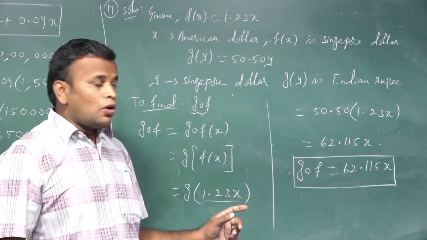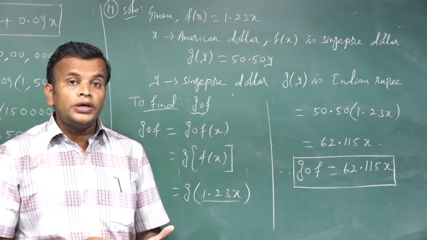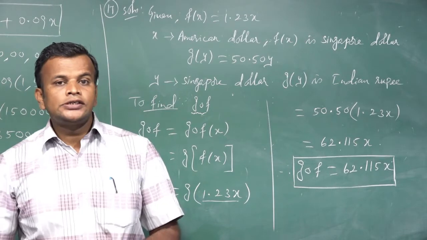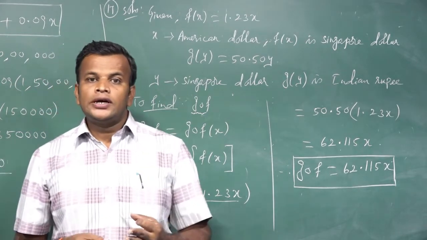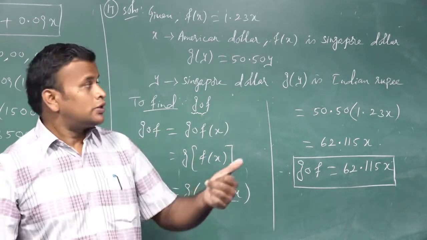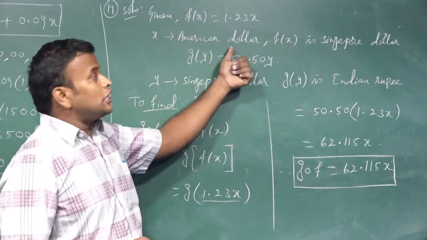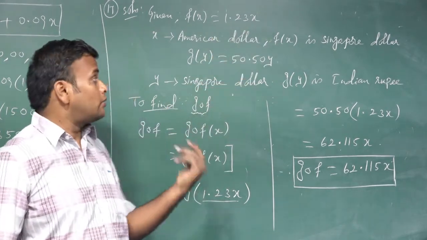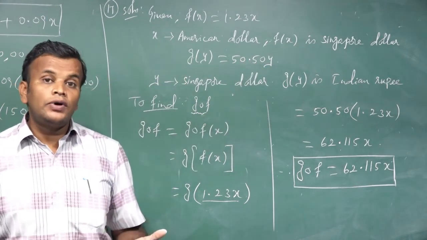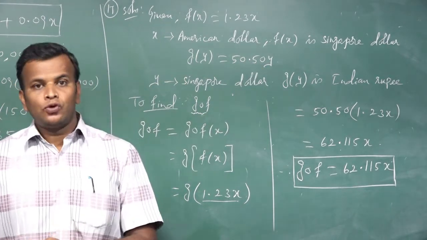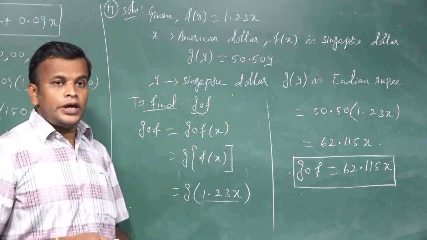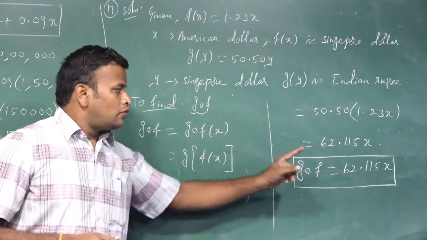That is, $1 we write in terms of rupee is approximately 62.115x. The concept of the question is, there will be three currencies involved. They are American dollar, Singapore dollar and Indian rupee. First one, the American dollar is given in the Singapore dollar. The second one, the Singapore dollar we write in terms of Indian rupee. Now to convert the American dollar in terms of rupee, that is to find G dot F. We already know G dot F, we write G dot F of x. Then simplification we know very well. Therefore the final answer is